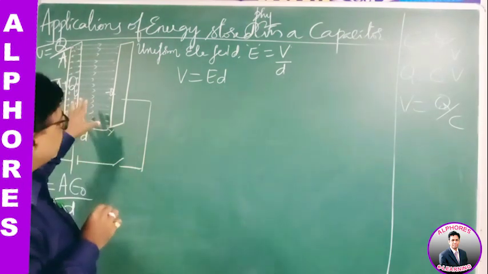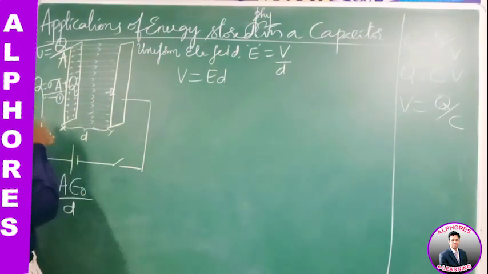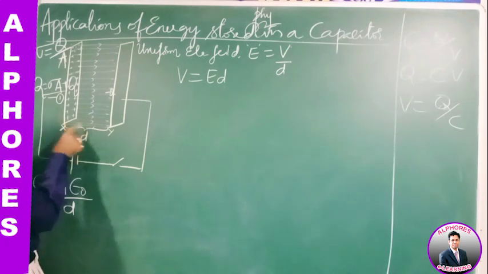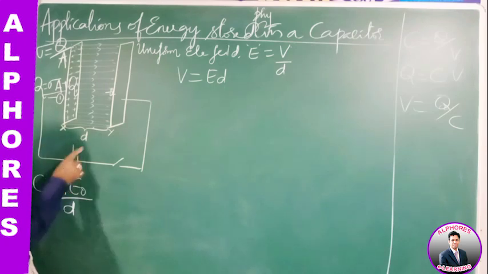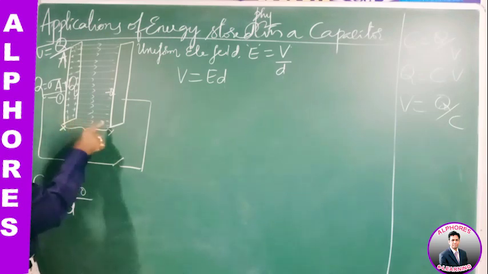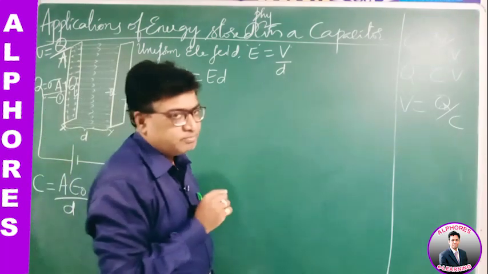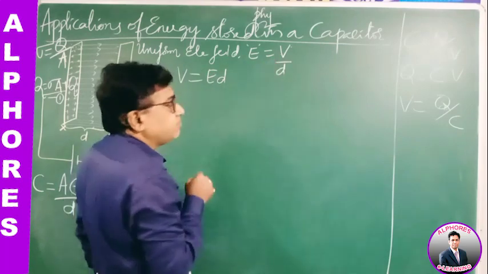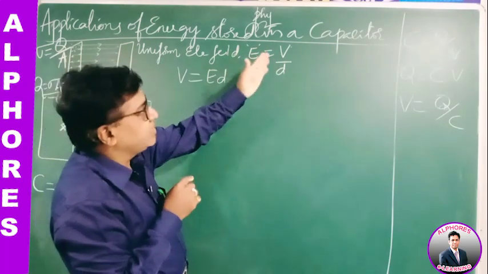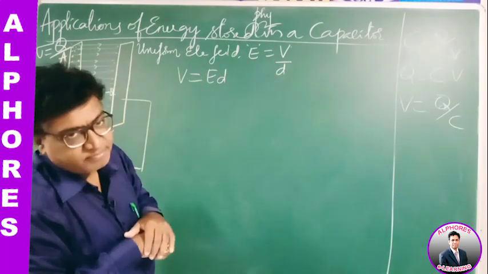Right? So the charge is sigma into A. The potential difference between these two, so it's plus, it's minus. This plate is connected to this terminal, this plate is connected to this terminal, so the potential between these two terminals is the same as the potential difference between these two plates in the diagram. So the potential difference is V, and the field E is V by d, V is Ed, right?